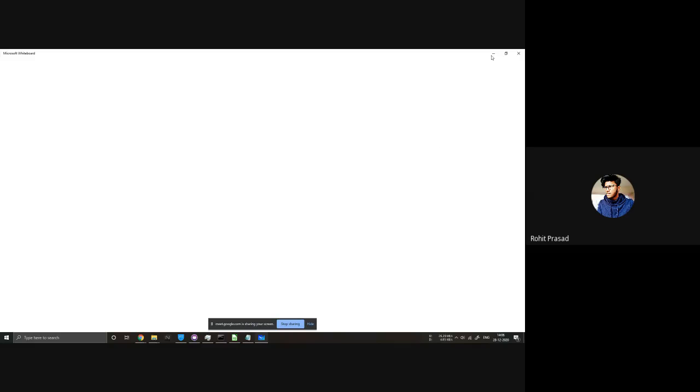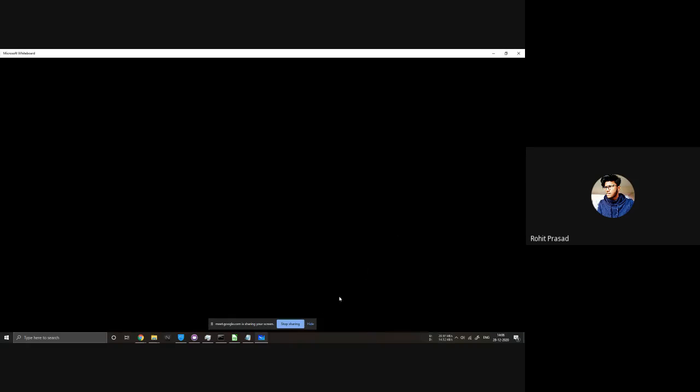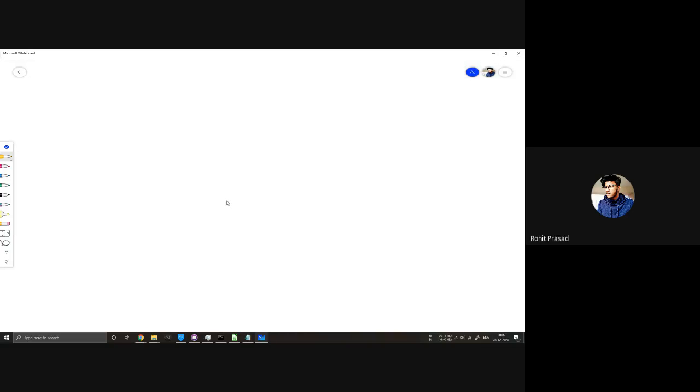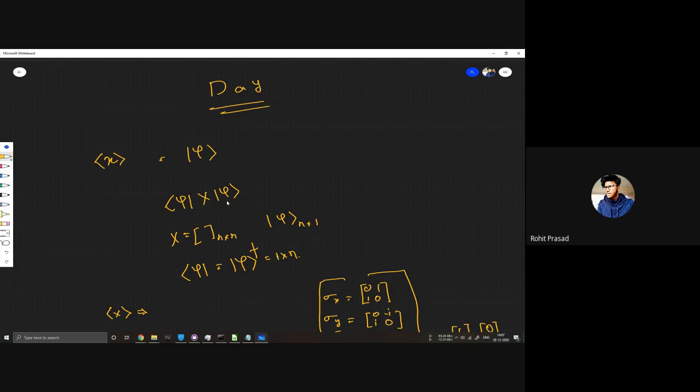So I will be continuing from the last session. In the last session, we did it numerically, right? So now we will try to do the same thing using the quantum simulator. Do you guys remember the formula to calculate the expectation value of x for a two cross two matrix?